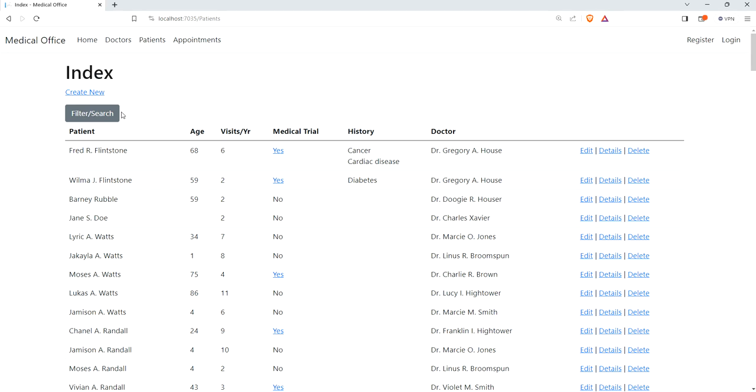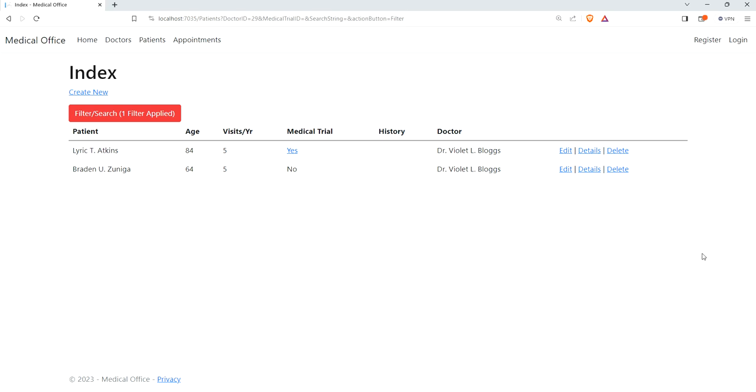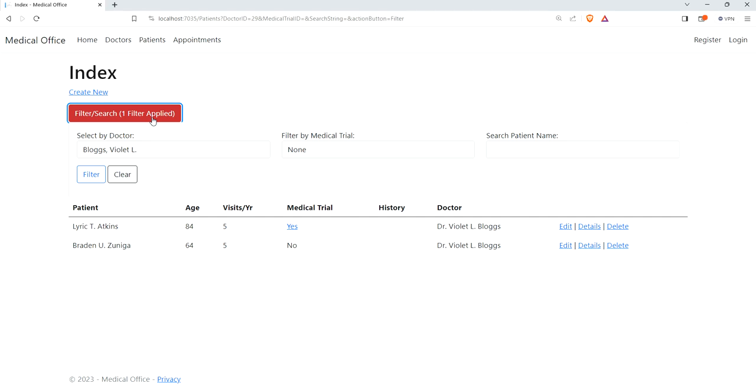Right? So if I want to apply a filter, again, I'll pick a doctor, for example, and there we go. So we're filtered, but we have this nice big warning. It's certainly a dark background, even for colorblind people. It's nice, big, bright red for those that can see color. And I also have it say 1 filter applied, right? So if I want to see the filter, I can just always click the button and see what filter has